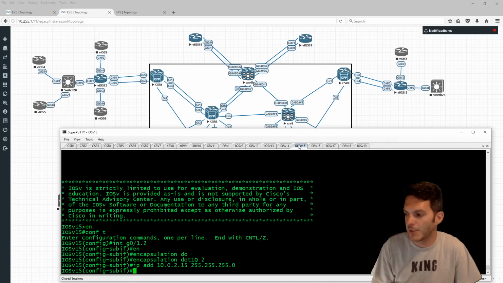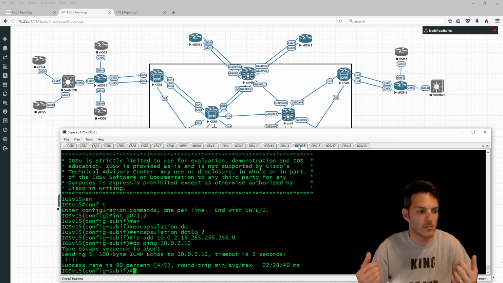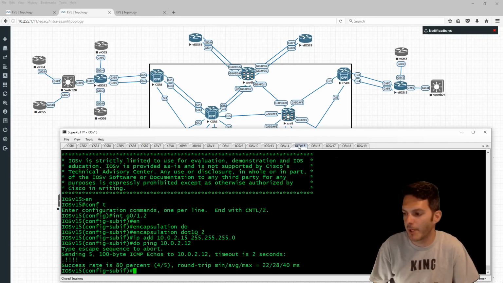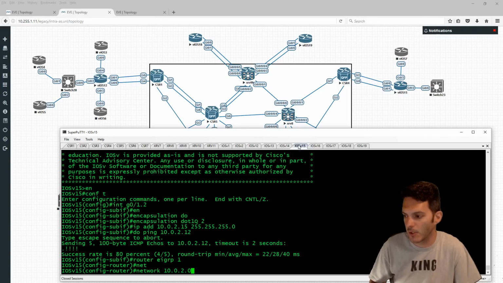And then do ping 10.0.2.12. If I've done my job correctly, we should get a ping here in just a moment. Boom! That's exactly what I'm looking for. So the ping works. Now if we type in router EIGRP1 network of 10.0.2.0, 0.0.0.0,